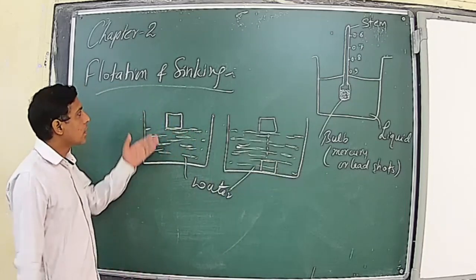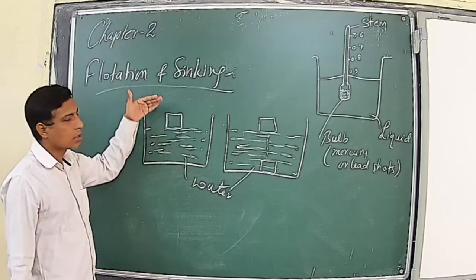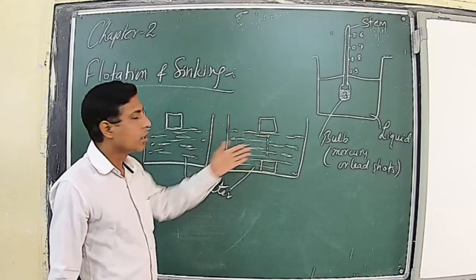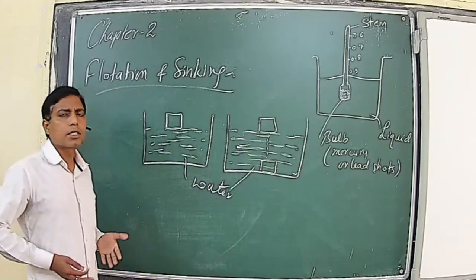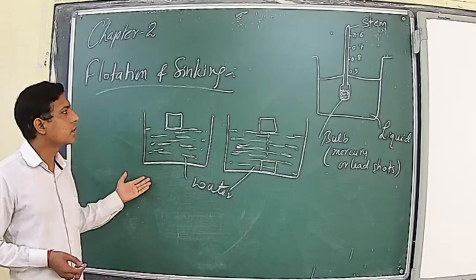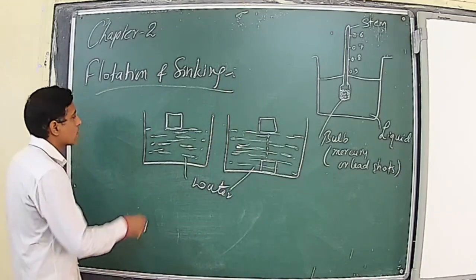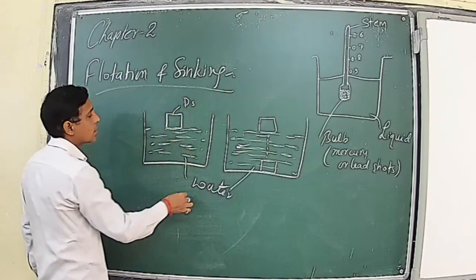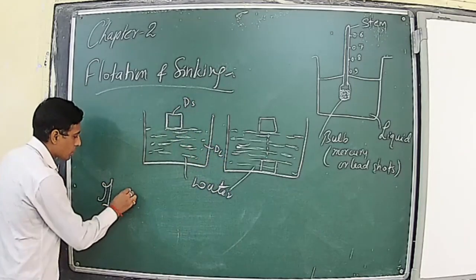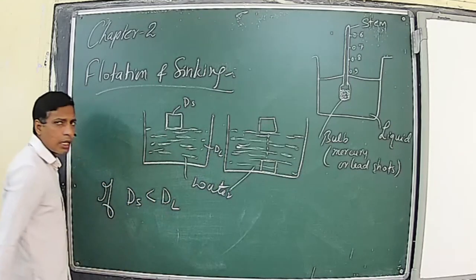So the object which is submerged in the liquid, if it is lying on the surface, is said to be floating, and if it goes up to the bottom, it is said to sink. Then what is the condition? What is the condition that when any object is submerged in a liquid, it will float or it will sink? That is concluded on the basis of the relative density or the density of the substance. Suppose the density of the substance is ds and of the liquid is dl. If the density of any known substance is less than the density of the liquid, any type of liquid,